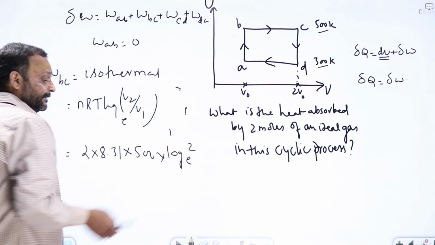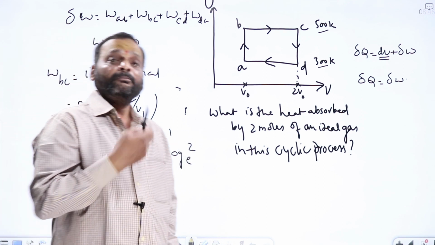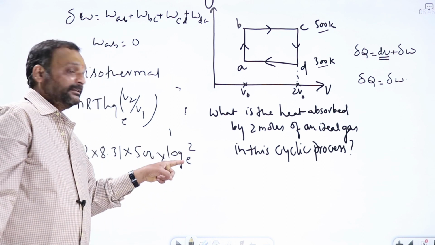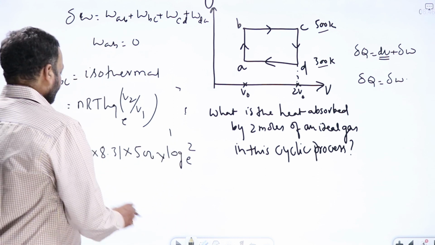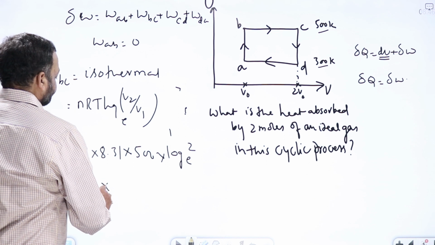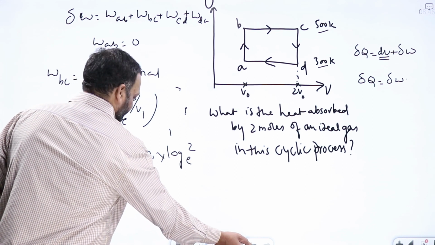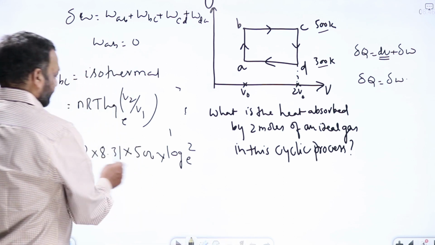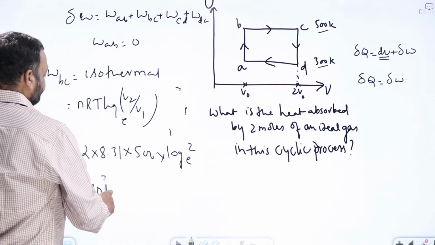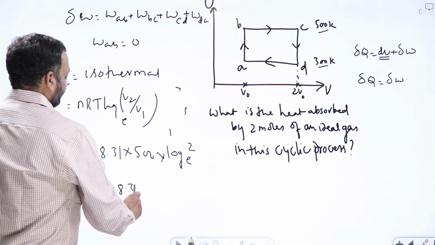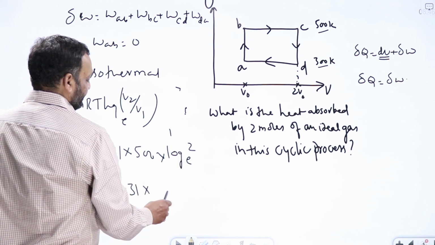I told you log 2 to the base e, log 3 to the base e, we have to memorize this. Log 2 to the base e value is 0.693. So this is nothing but 2 into 500, which is 1000. I can take it directly, no issue. 1000 means this is 10 to the power 3 into 8.31 into log 2 to the base e, which is